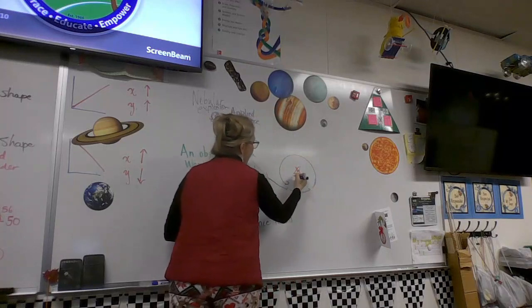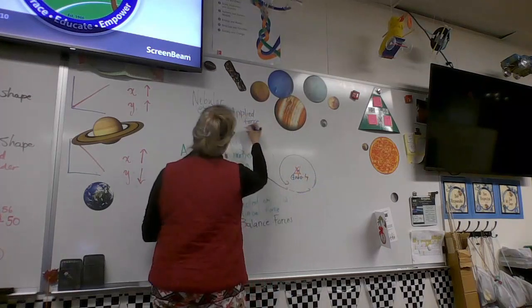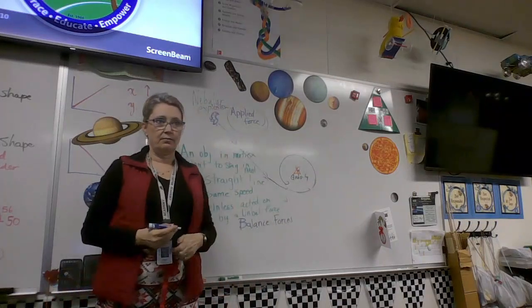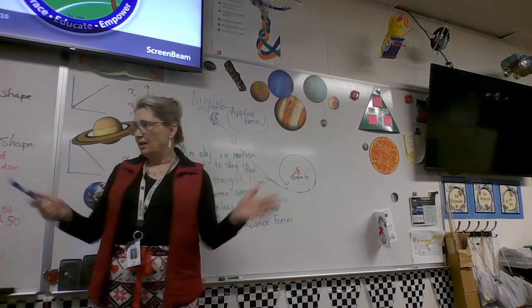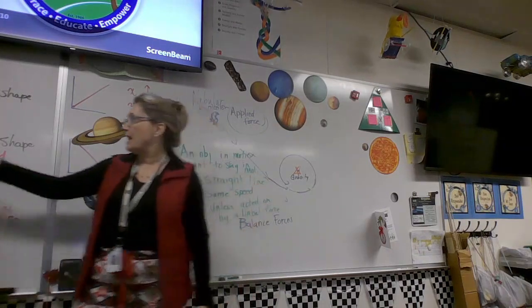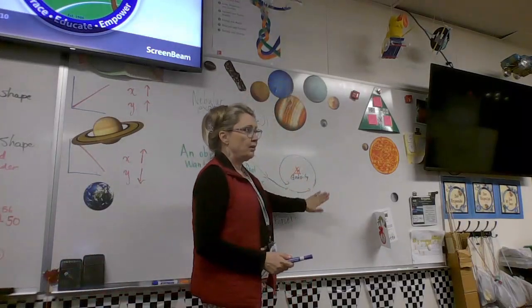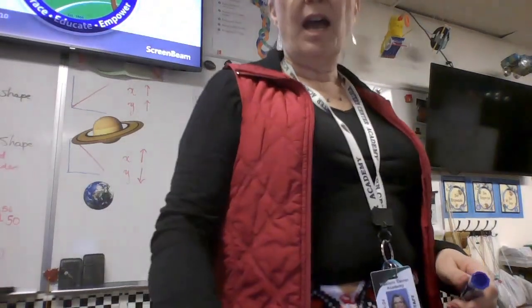So we've got this balance of gravity and applied force that keeps it in its gravitational field. Does that help explain the notes? I just wanted to go over it again, make the connection between Newton's cannon and how things stay in orbit. All right. So I've got a worksheet